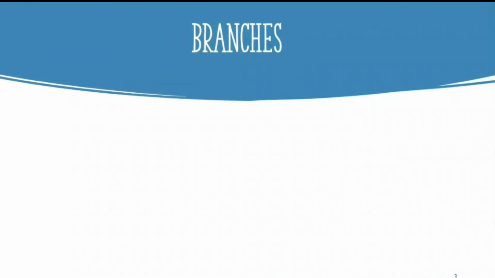Let's understand the definition of branches. In the previous video, we saw how to undo a particular commit and how to roll back to a previous version of our project. But this can be a little chaotic in a number of situations. So to avoid that, we use branches. You can consider a branch as a pointer to a particular commit. As in the previous video, I told you that head is a pointer. Head points to a particular version of our project, and in the same way we can initialize different branches to point to different versions of our project.